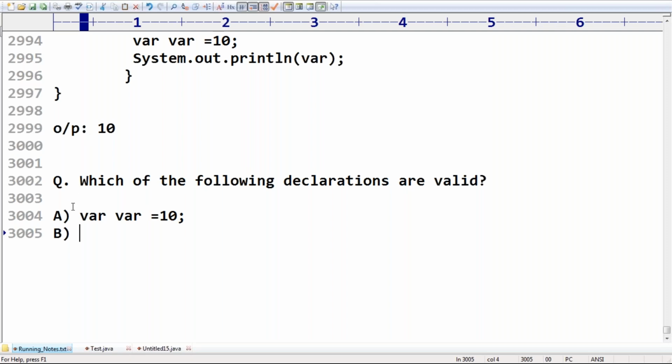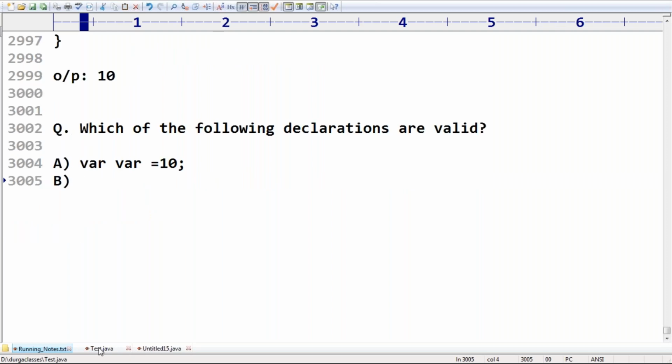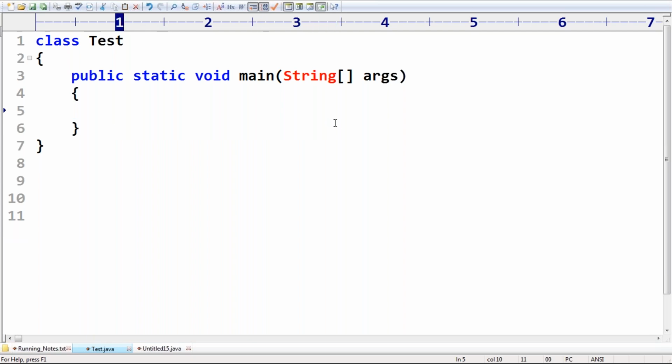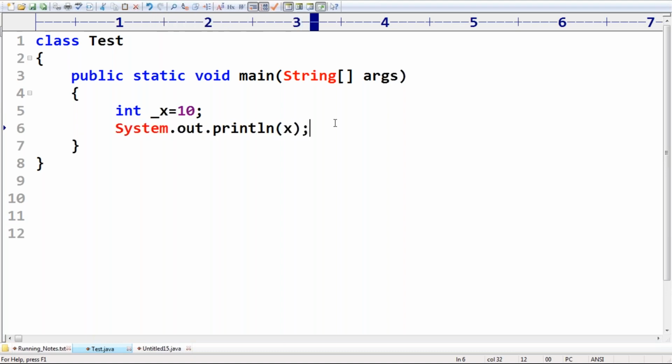Here, one minute, small changes in newer versions. int _x is equal to 10, System.out.println of x. Is it _x? Next, if is equal to 10 is invalid.